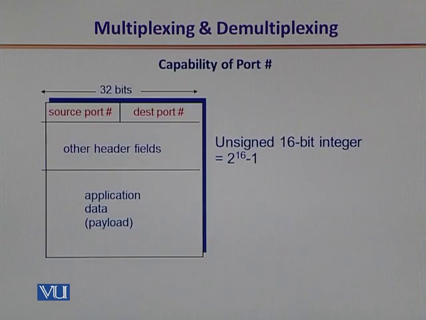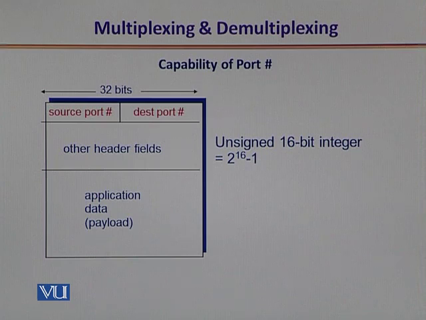In various headers, particularly at the transport layer, the TCP and UDP headers, we have allocated 16 bits for port number. Now, since it is an unsigned integer, we have a total of 65535 as the upper bound on the maximum number of ports that can be established. So it means this much is the total capability and an upper bound on the number of multiplexed sessions that